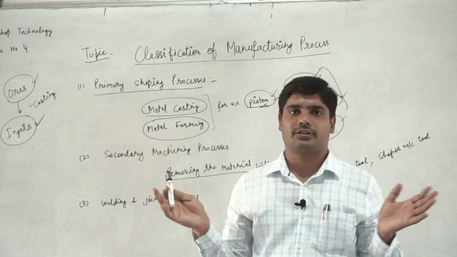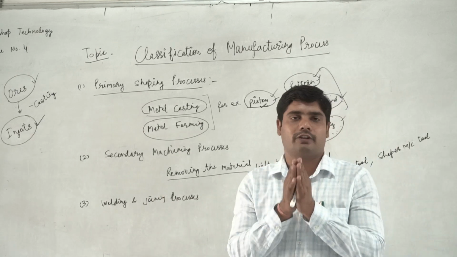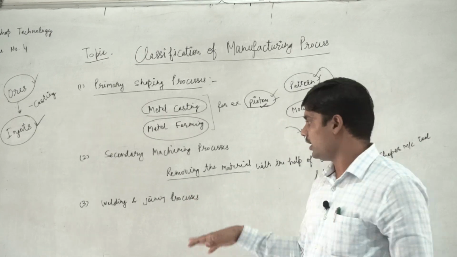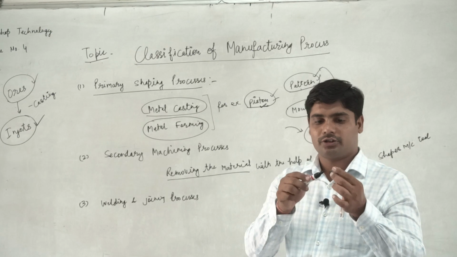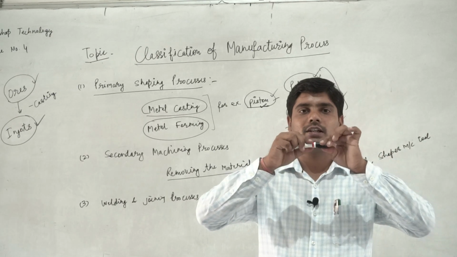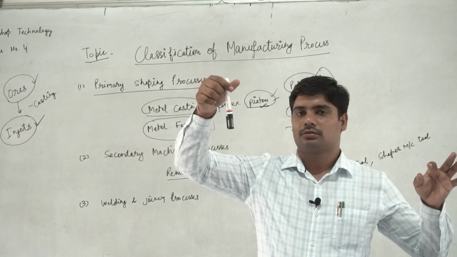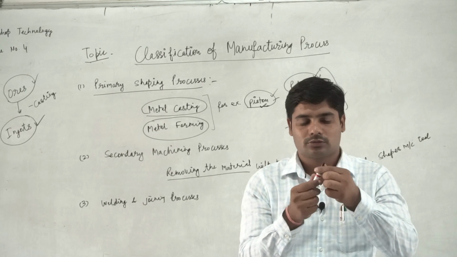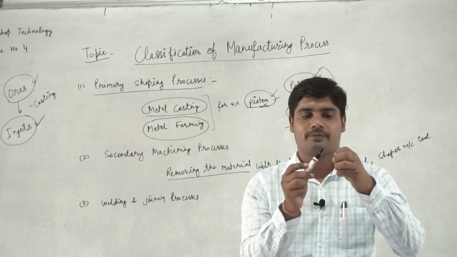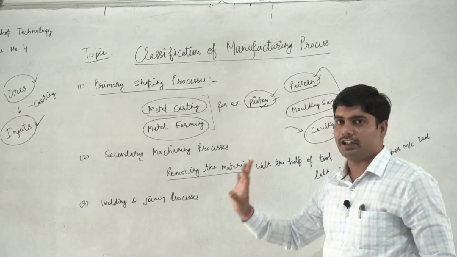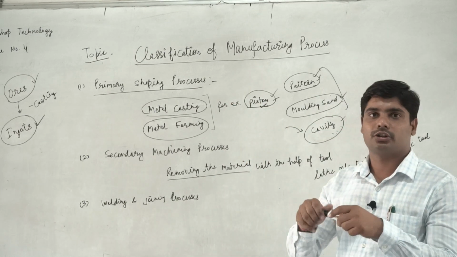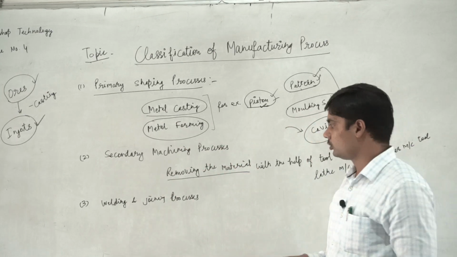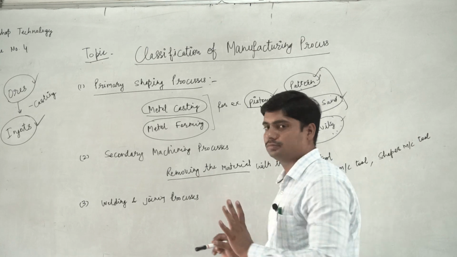So in each and every case there are a number of components, but for final use, for the end use, we have to join all these parts into a single product with the help of, now this is push fit, this is a kind of assembly. Now it is closed and this is open, but it is a push assembly. Now it is joined with the help of threads. So in metal we can join with the help of threads, means screw and bolt assembly, and we can join with the help of welding processes. So these all are covered under the third classification.